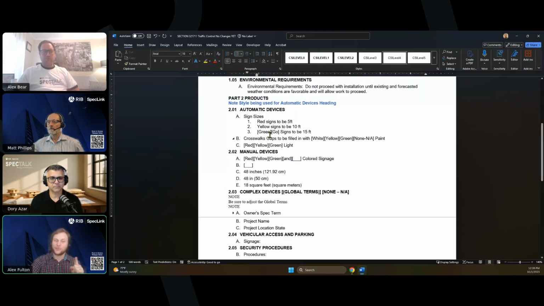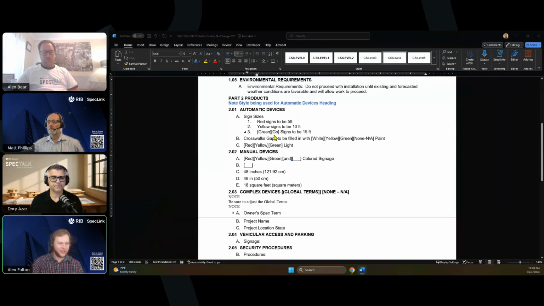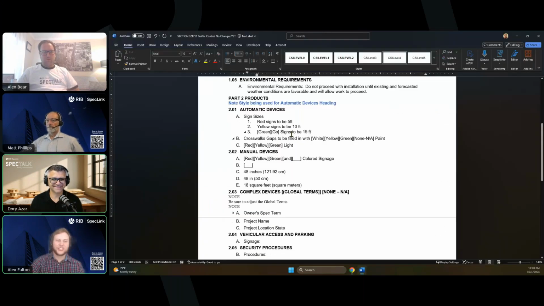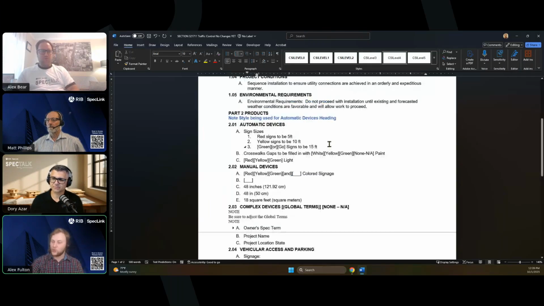But this would actually come in as, I'm going to show you really quick. Oh, never mind, I already closed it. This would actually come as an either or option. So I would pick green or I would pick go. It can't be both. But the way this was set up is it was green or go. So all I have to do is add a quick bracket there with the word or in it. And now this is going to be a multiple choice option. So I will be able to select both green and go at the same time with a checklist, and or